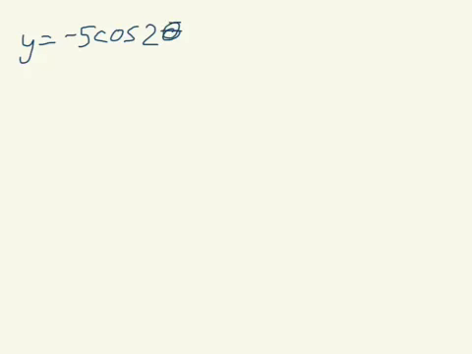So a couple of notes before we graph. Our amplitude is going to be 5. I put a little star next to it because it reminds me that I'm going to start down for cosine. And b is 2. Therefore, my period